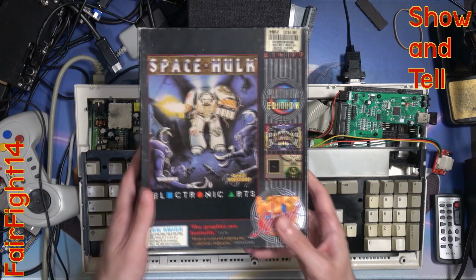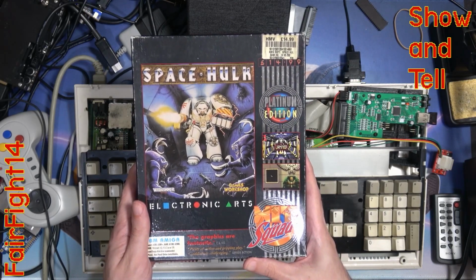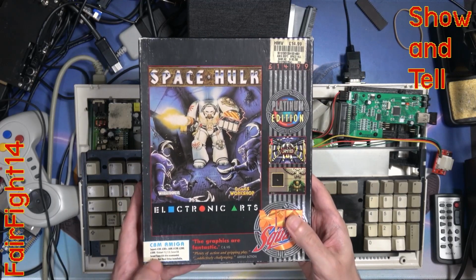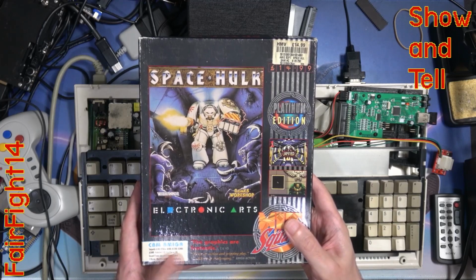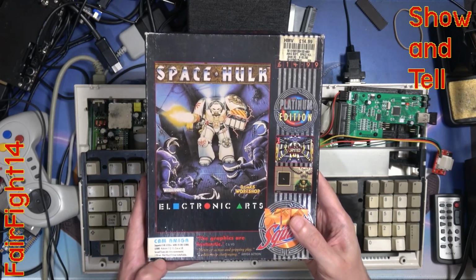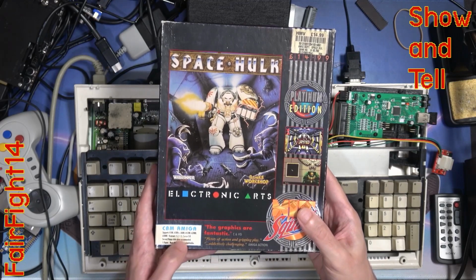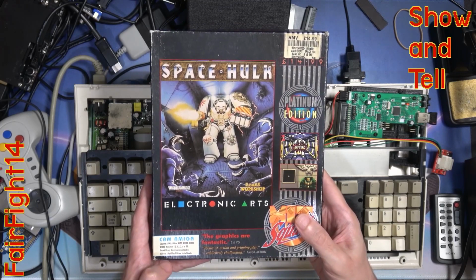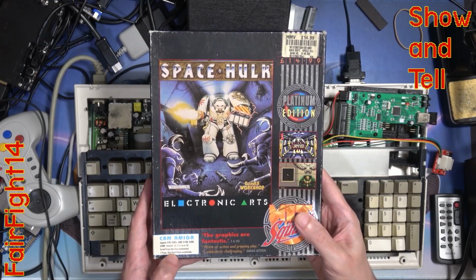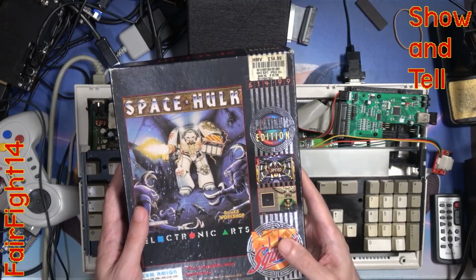And then we've got Space Hulk, the Platinum Edition, which means it was a budget release. That's what Hit Squad was known for. It mentions everything up to the 3000, Kickstart 3, mentions the 1200, second floppy disk drive recommended. They're becoming rarer and rarer and more expensive, a second floppy drive for the Amiga. So a lot of people are getting a Gotek for them instead. Not hard drive installable. Well, WHDLoad probably says something about that, but